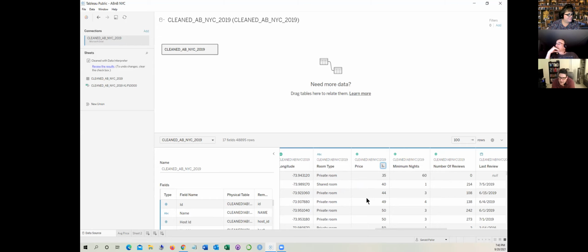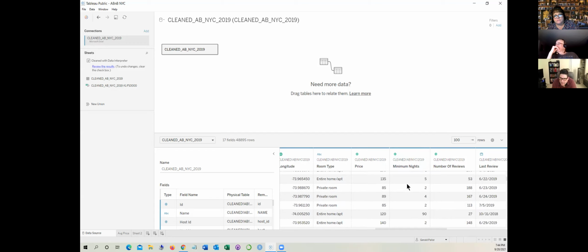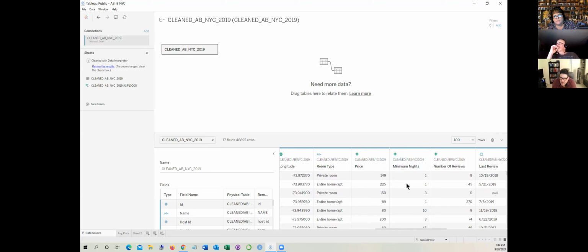Yeah, I was looking to see if there's a way to find out what the average price is for a particular neighborhood group. These are prices, but aren't averages. On the map, it's representing it as an average based on the neighborhood group. Right. Yeah, so then there's minimum nights. Interesting. Yeah, I was just trying to see if there was a way to find out where the,